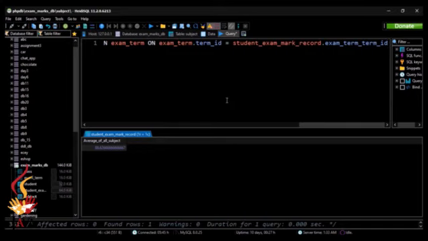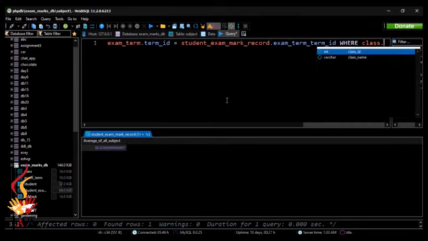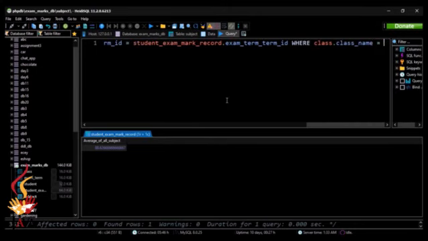Now, using the where keyword, I will mention what I need to find. So what I need to find is from the class table, which the class name should be equal to 11A,